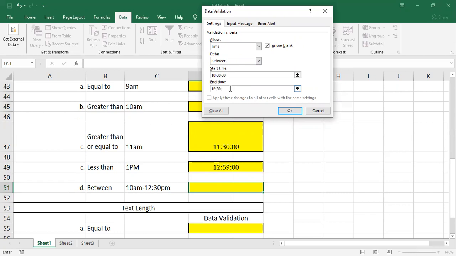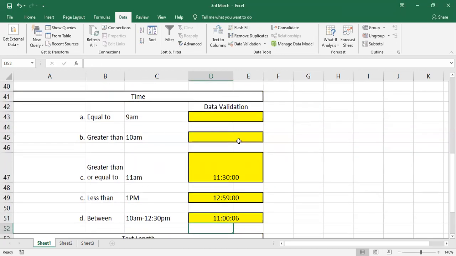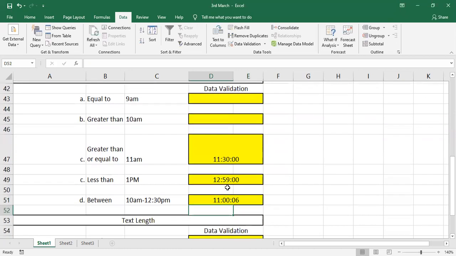This is hours, 12 is hours, 30 is minutes, and this is seconds. Okay. Now I'll give 11. See, accepted. Any time between 10 a.m. to 12:30. If you have any doubts in time, data validation, let me know in chat.